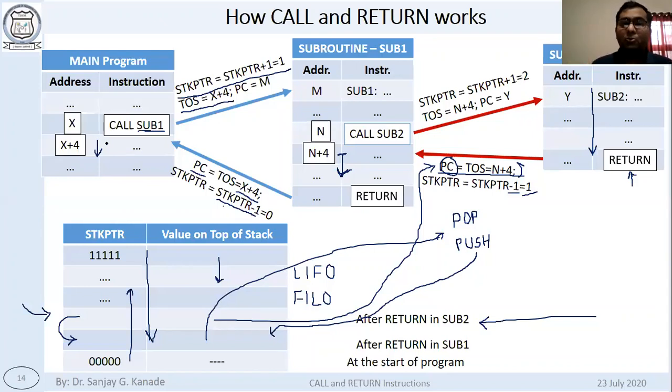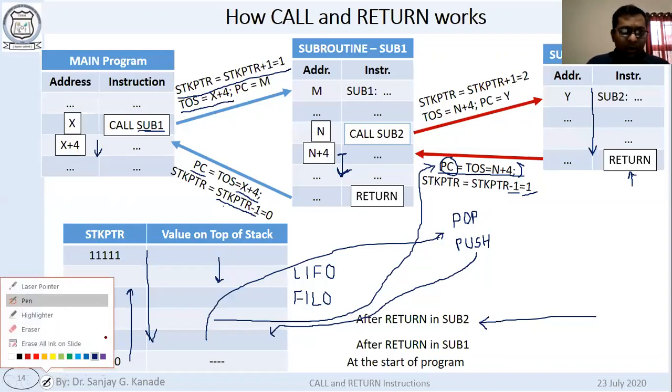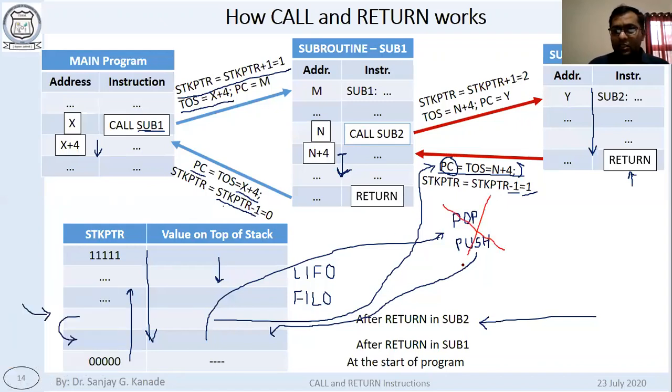So that's why pop and push should not be used in general. Anyway, you will not come across these instructions in any of our programs, so you should not worry about that. So this is the completion of our second unit. If you still have any questions, you can ask, or we will move on to our next slide.